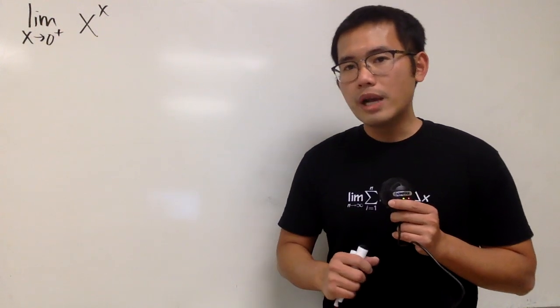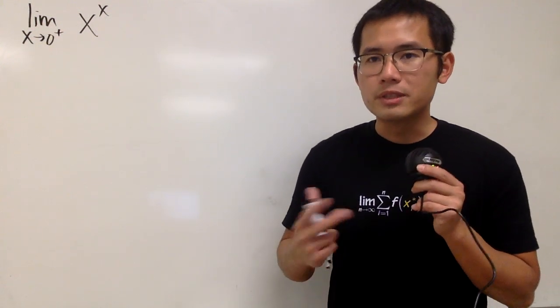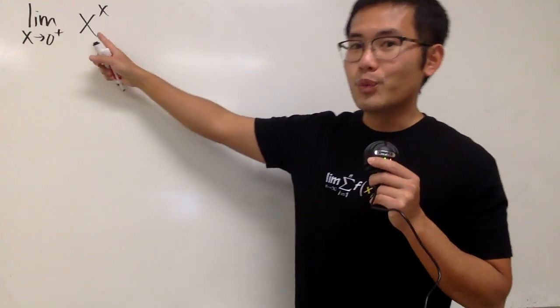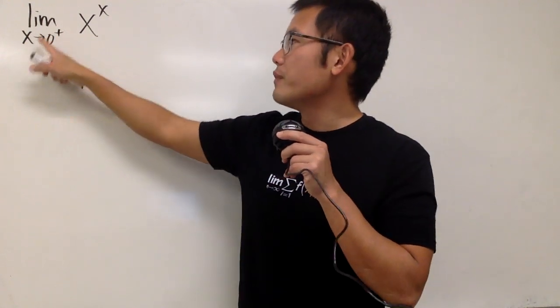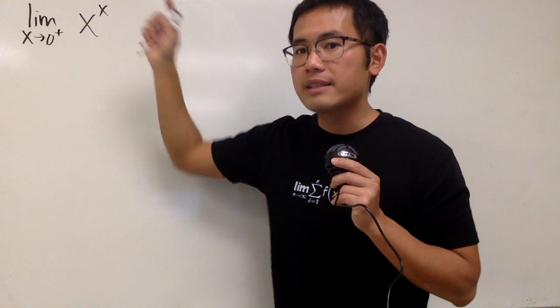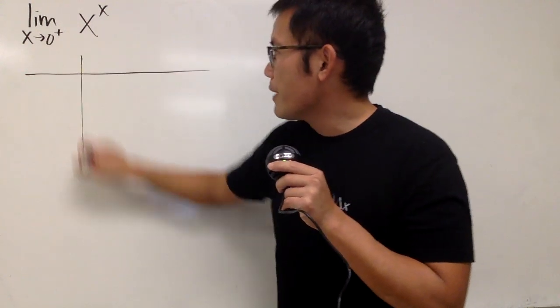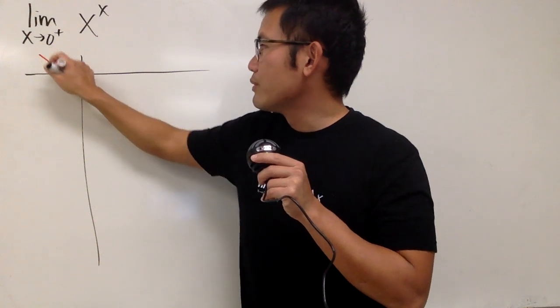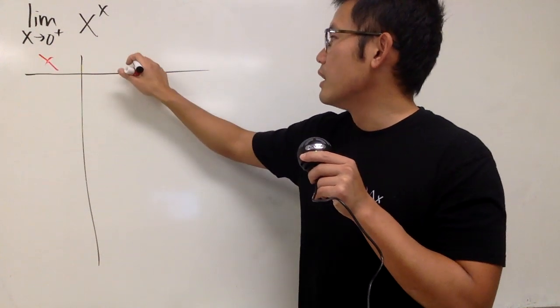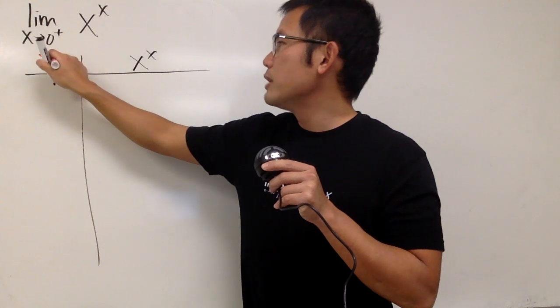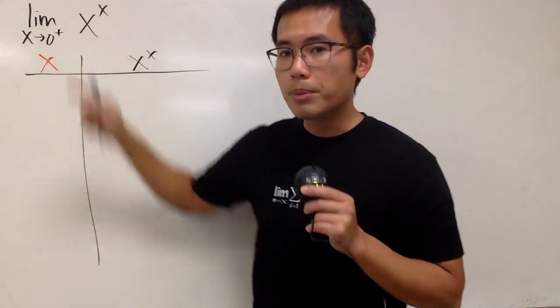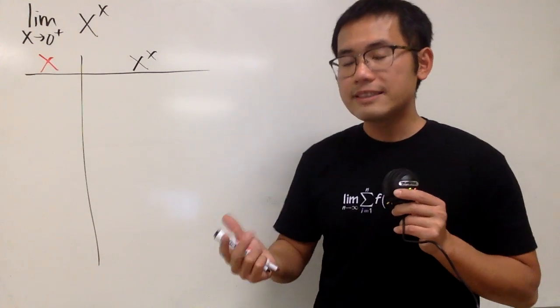Okay, for this question, we are going to utilize a calculator so we can come up with a table of values and we'll be able to see what the limit of x approaching 0 plus of x to the x should be, right? So, of course, let's go ahead and come up with our table. And we just have to remember, we have to have the x values. And of course, this right here is x to the x power. And especially since x is approaching 0 plus, you have to know what are the x values that we have